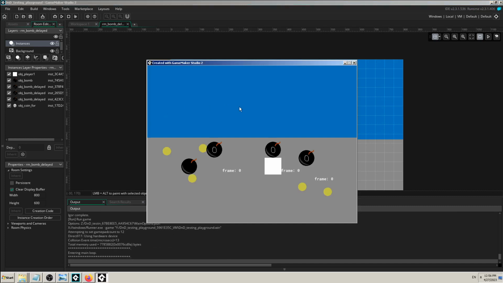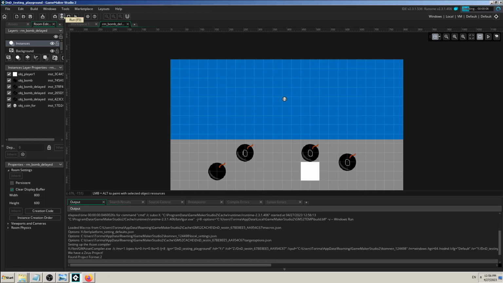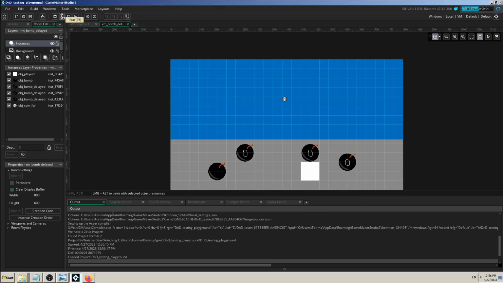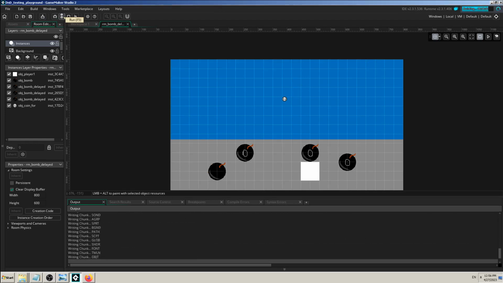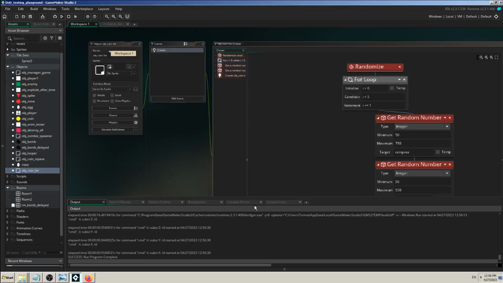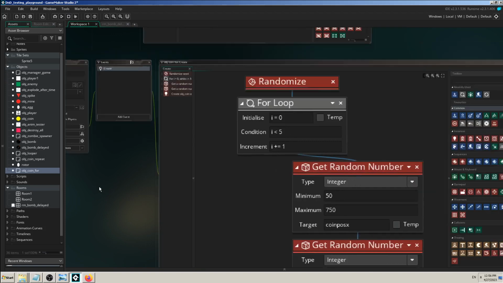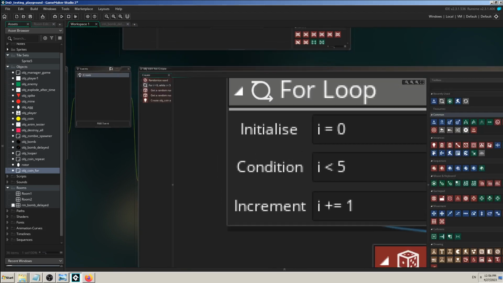I have 5 coins, but I think, yeah, let me try it again. I think it should be, yeah, if it works, 5 coins, great. The thing which I wanted to show you here is that sometimes you will make mistakes here with this counter. When it starts, by default it starts with 0,